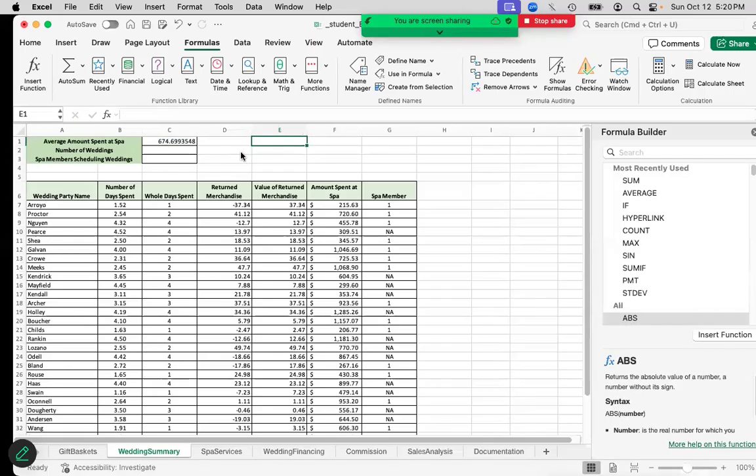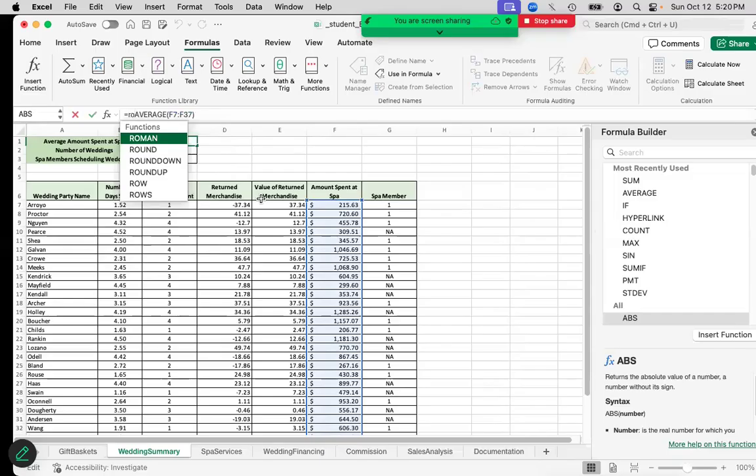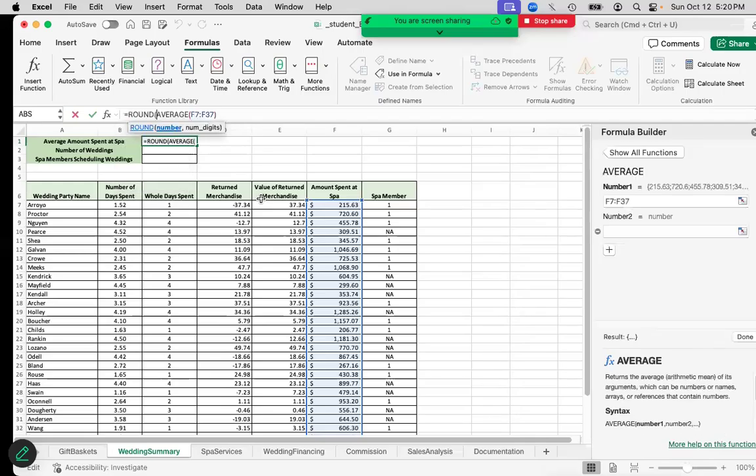Okay, so instead of having the number on the worksheet multiple times, sometimes it becomes more convenient for us to put the average function that we have inside of the round. So the way we can do that is we click after the equal sign but before the A in AVERAGE, and I start to type round. Notice as soon as I get far enough where I've got just ROUND there, if I hit the tab key,